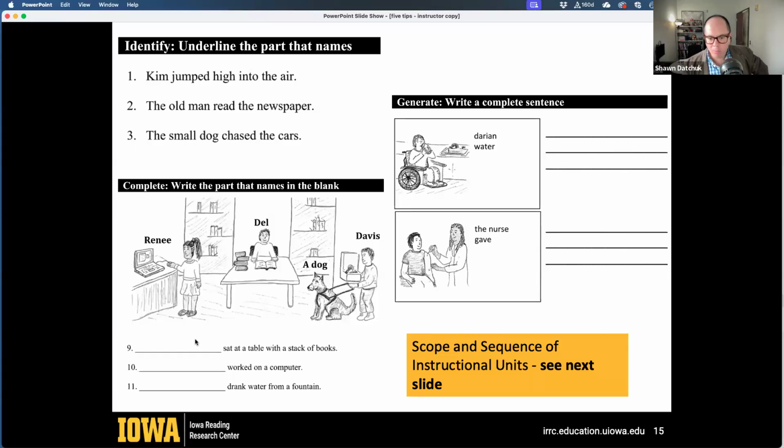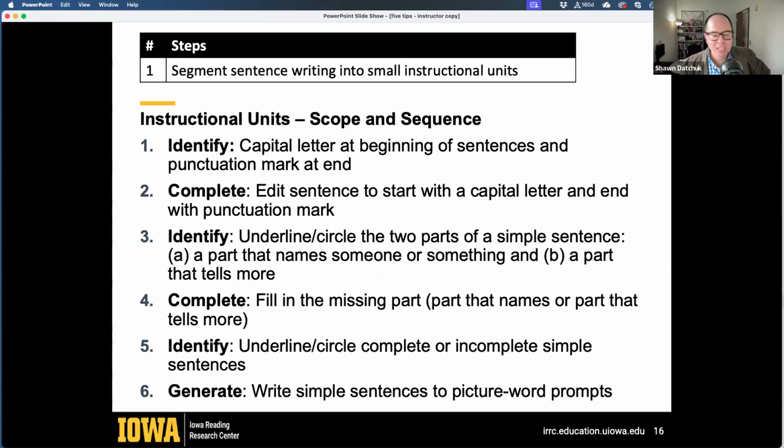So notice, a little bit more difficult, and then finally generate, to where now they need to take these picture word prompts and then write an entire sentence about these. And then there's a scope and sequence of different instructional units using this format that have been used in different